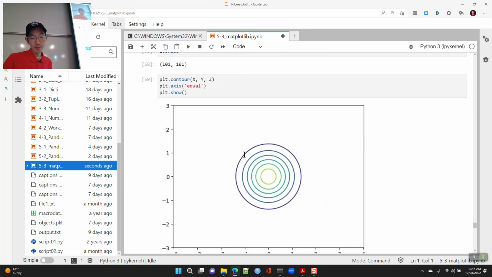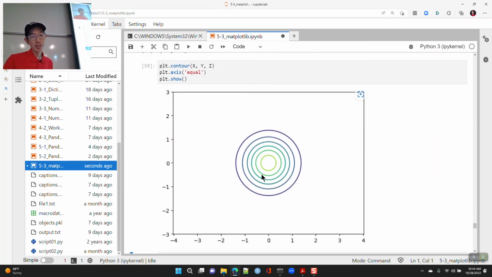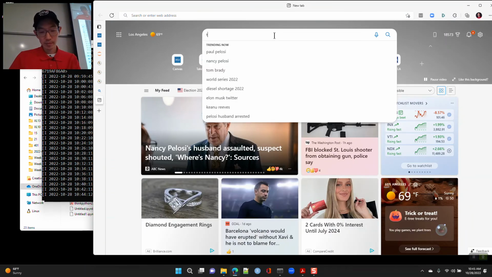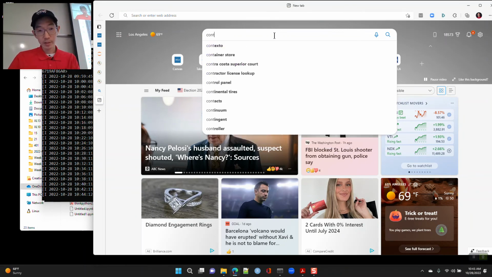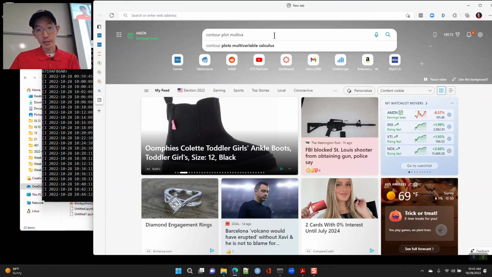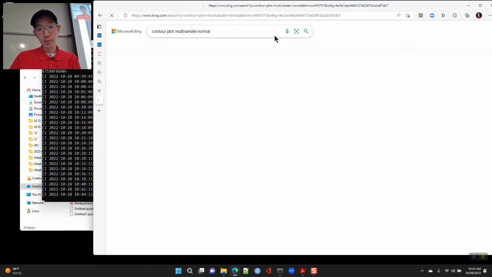One is a contour plot between x, y, and z, and if it's 2 normal distributions, it's going to look like this: a top-down contour plot of a multivariate normal.